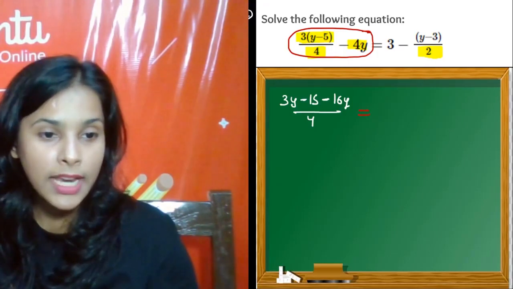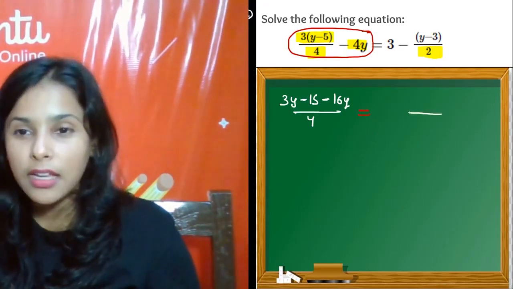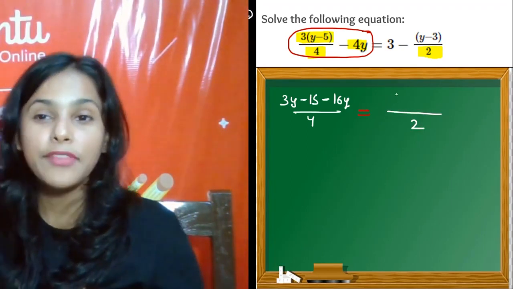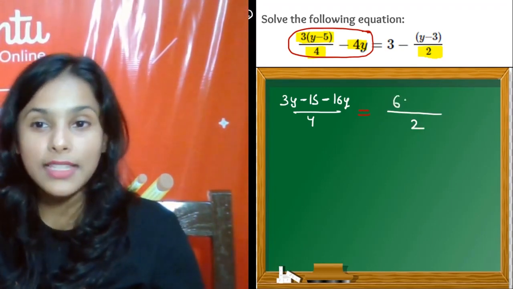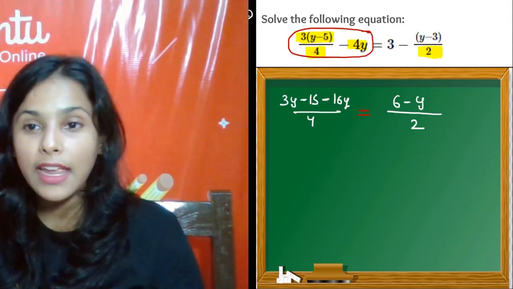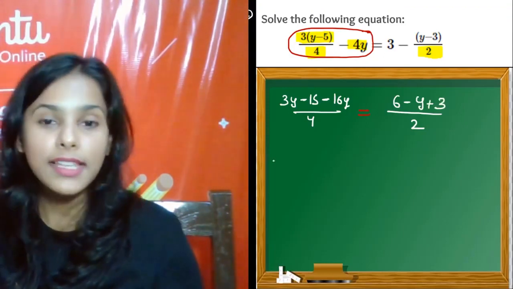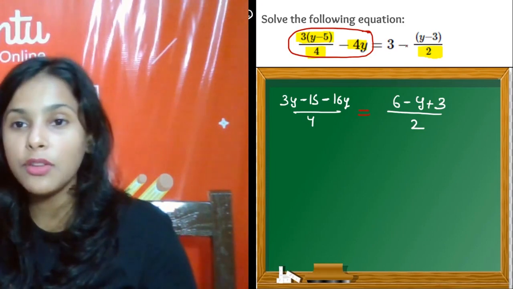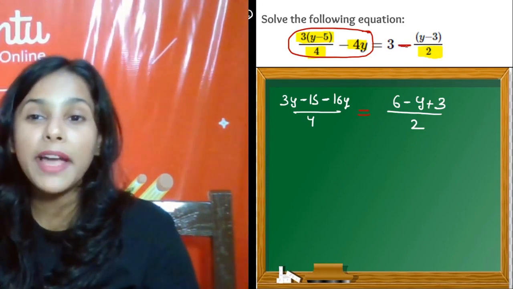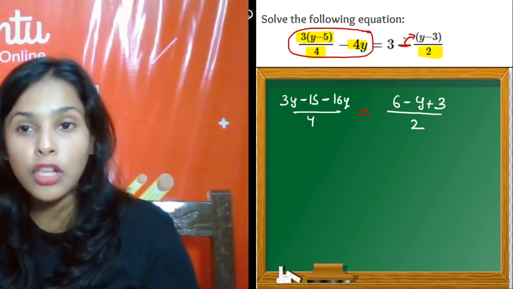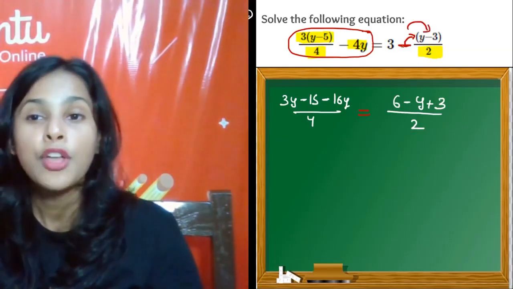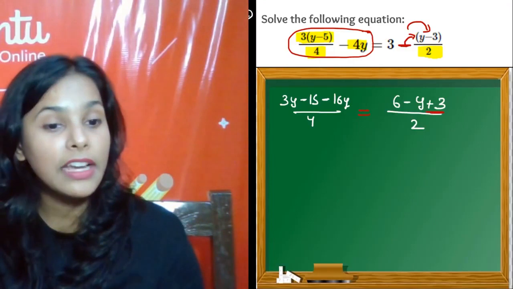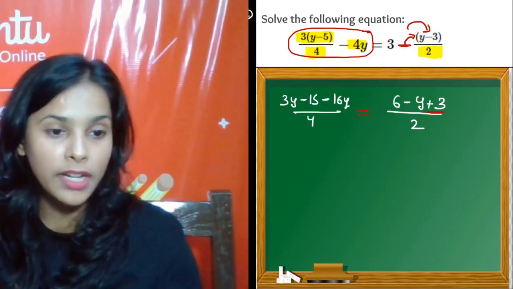Okay, so let's solve this by 2, and here 6. Yes, everybody, 2 3s are 6, minus y and plus 3. Yes, because we can see minus is here. Can you see minus? Yes, so minus is with y also and minus 3 also. So minus 3 is equal to plus 3. Clear, everyone? Okay, now let's go.